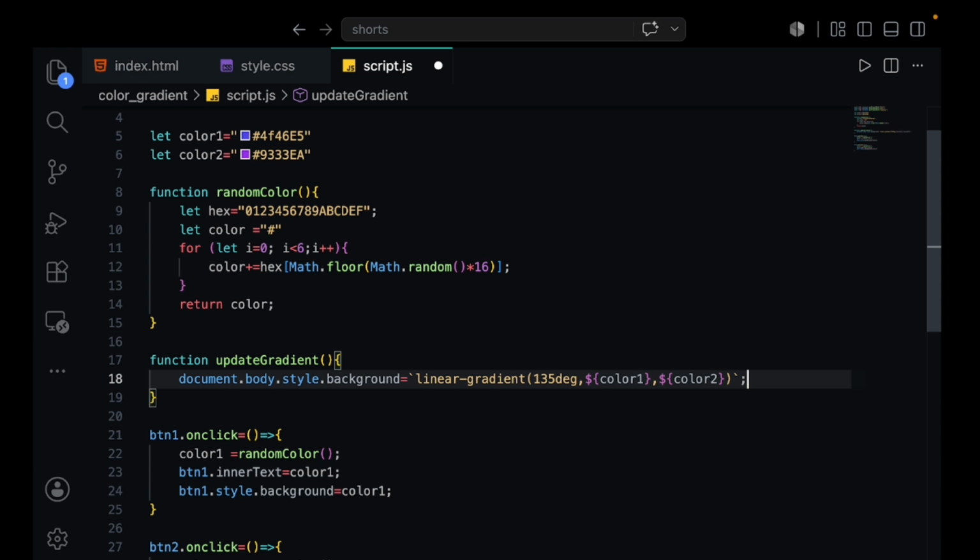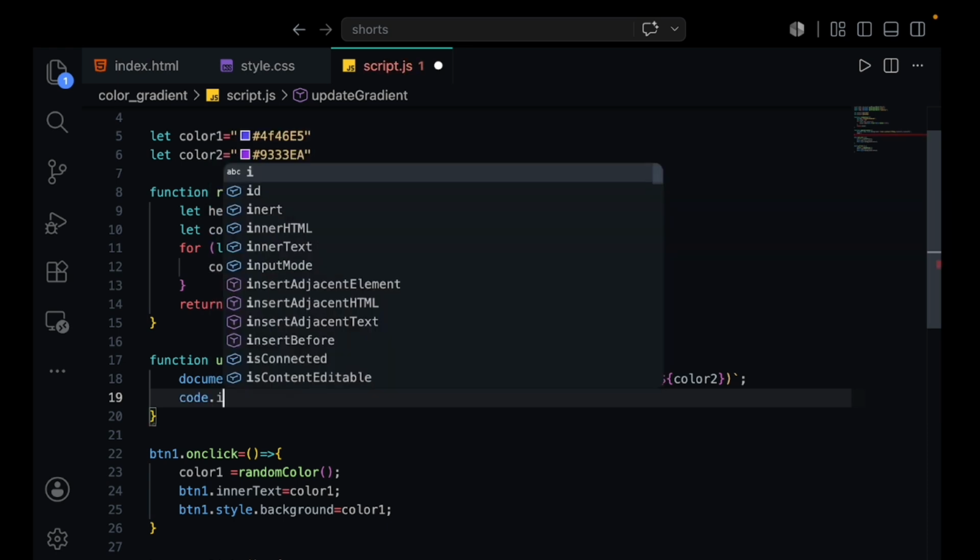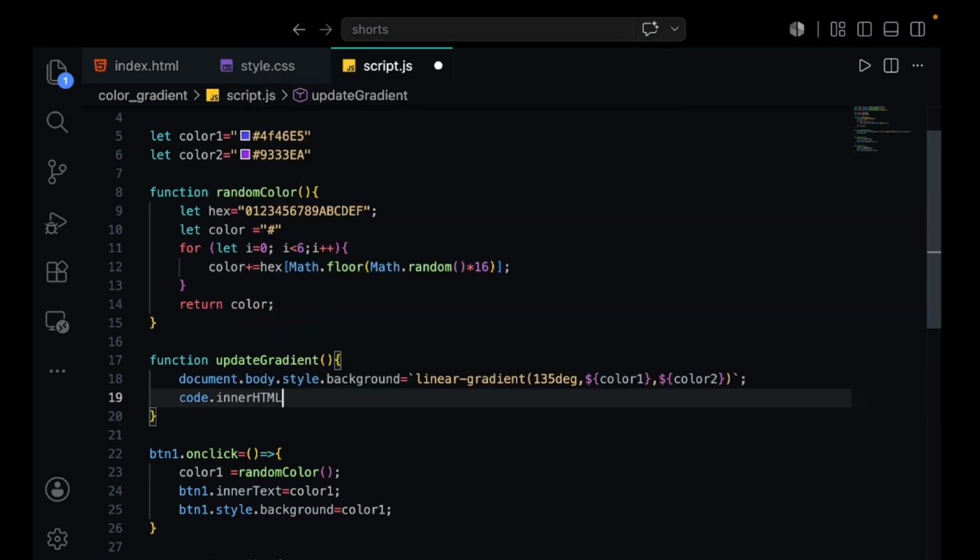Okay, let's give a semicolon, and then also we're going to do code dot inner HTML. We're going to change it to, inside this backtick, background, then linear gradient. I'm going to give 135 degree, and again those updated colors.